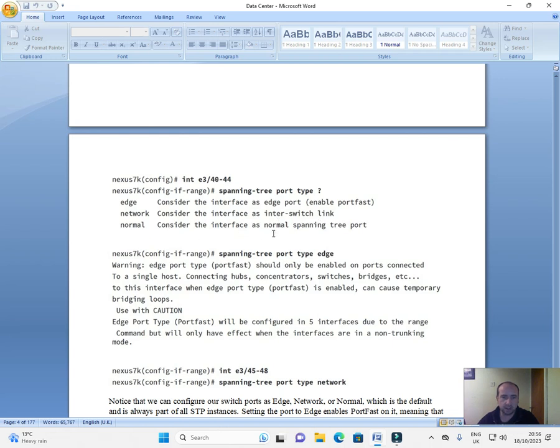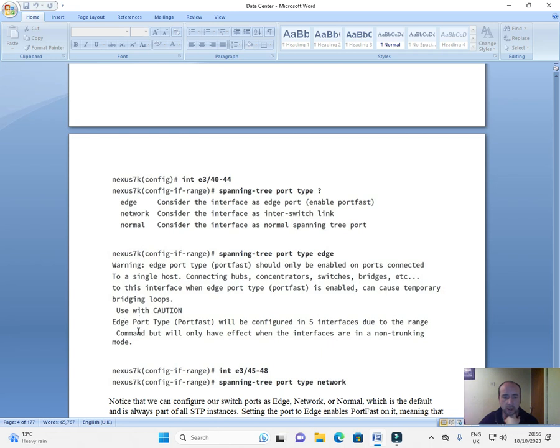Consider the interface as a normal spanning tree port. Nexus 7K config-if-range spanning-tree port type edge. Warning: edge port type (port fast) should only be enabled on ports connected to a single host. Connecting hubs, concentrators, switches, bridges, etc. to this interface,